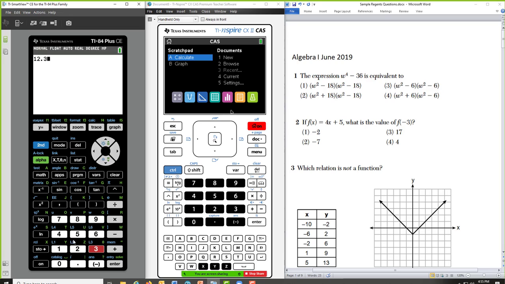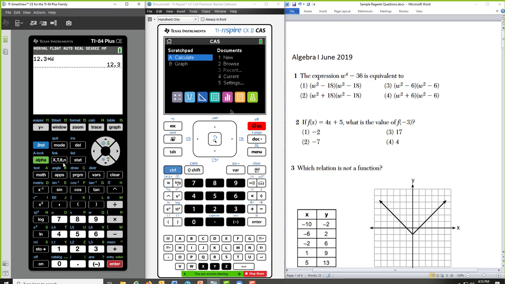We always use 12.3. I'm going to store that into a variable. The problem uses w, and I want to be consistent with the problem, so I break out my bifocal lenses, and I see that the w is written in green above the minus. So if I press alpha followed by minus, I get my w, and I press enter.